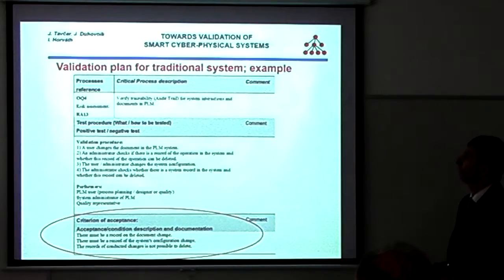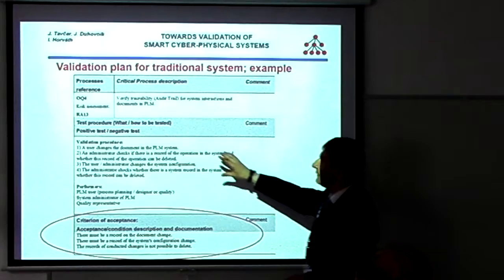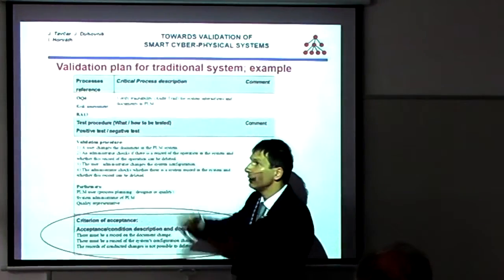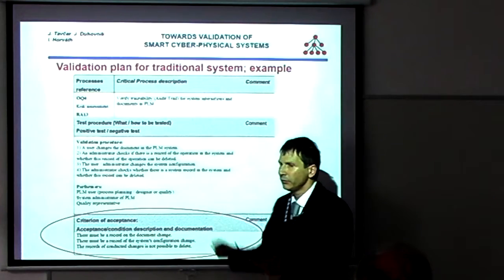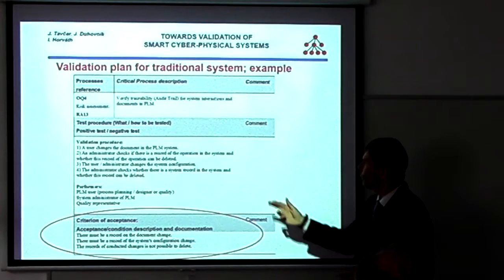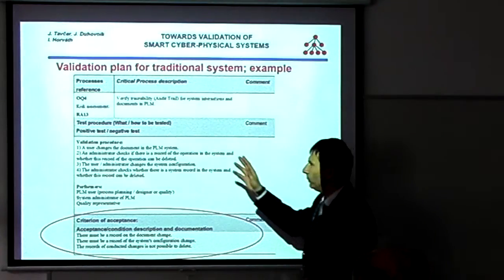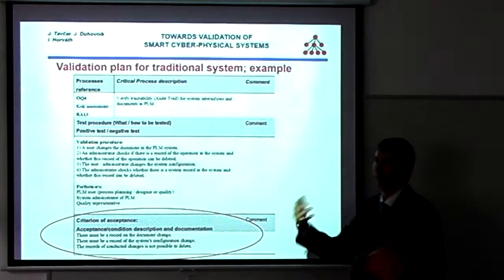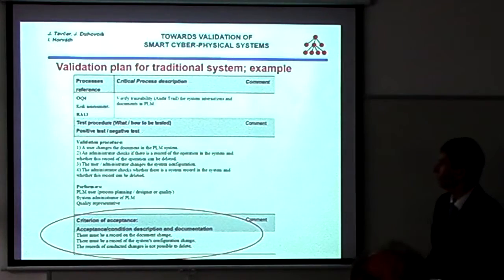According to the risk assessment, we then prepare the validation plan. In this case, we prepare in detail in what way the system will be checked. Here we are checking if we change a document or system configuration, do we have records in the system, and we define who will perform this and what the criteria are for whether the validation of this step is accepted or not.